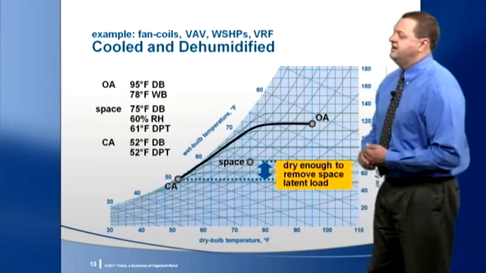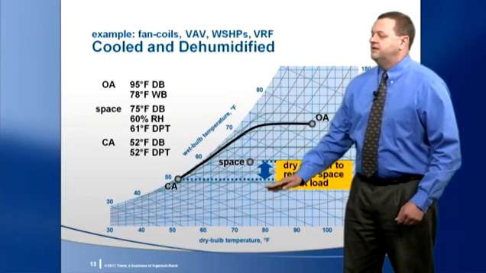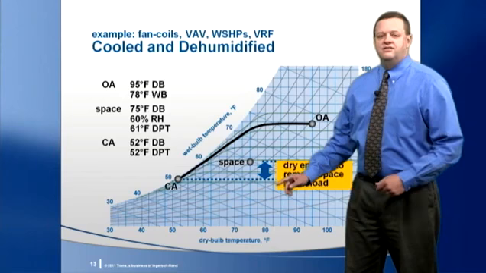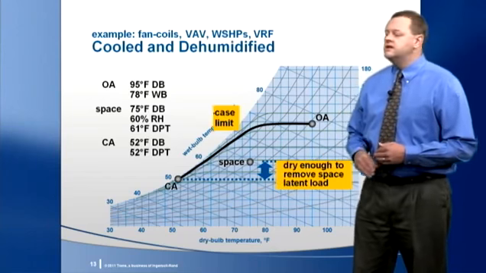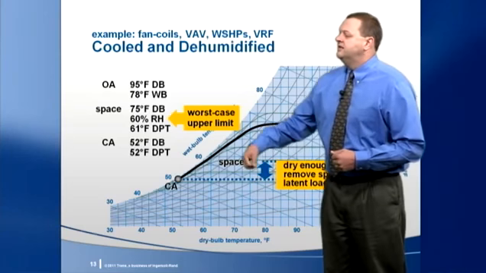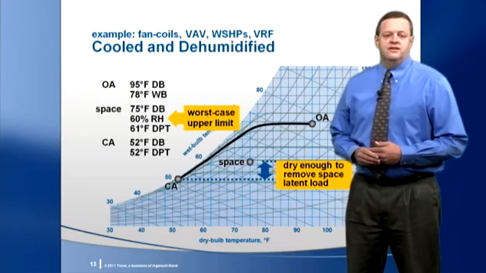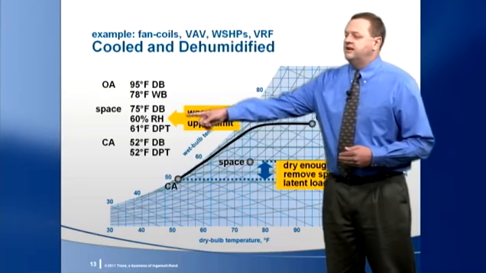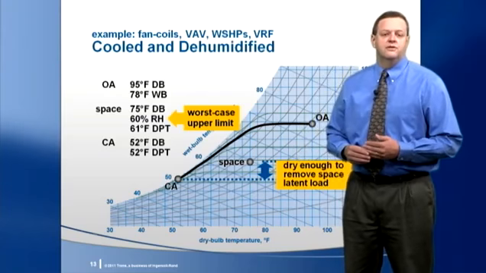In this case, the resulting dew point of the conditioned outdoor air is drier than the space, dry enough so that this ventilation air also removes all of the space latent load. In this case, the leaving air dew point is determined so the space humidity level does not exceed some defined upper limit at worst case conditions. Now I use 60% RH in my example, but you might choose to design the system for a lower or